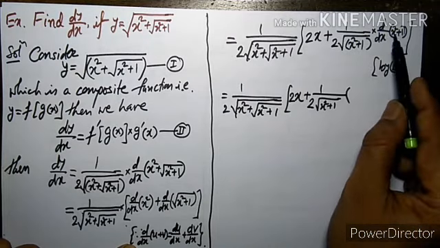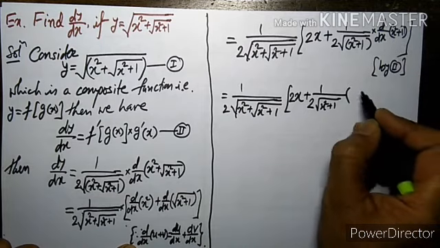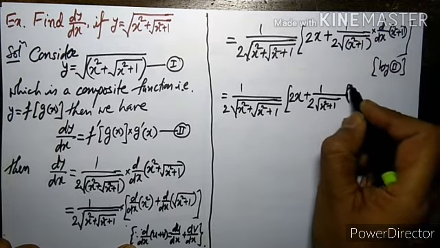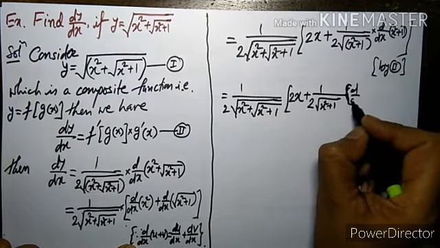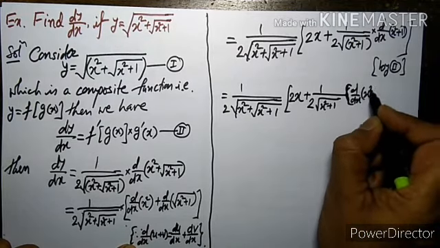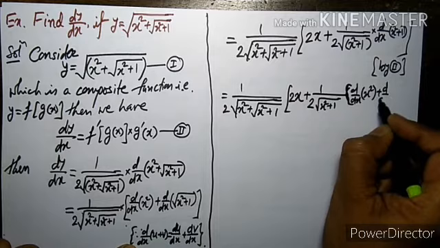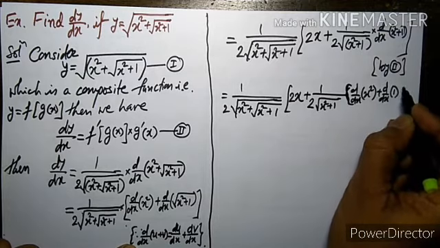So I will go directly here. Derivative of x square is 2x, or if you have doubt, I will write that derivative of x square. It is not necessary, you can avoid this step and go for the next step directly,